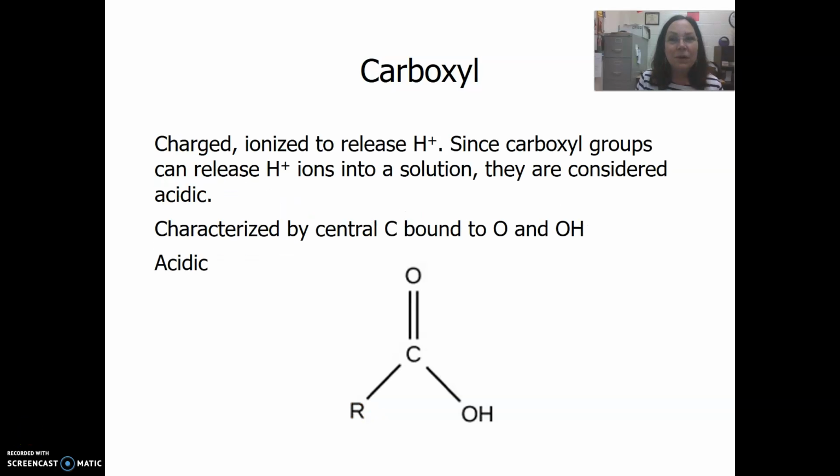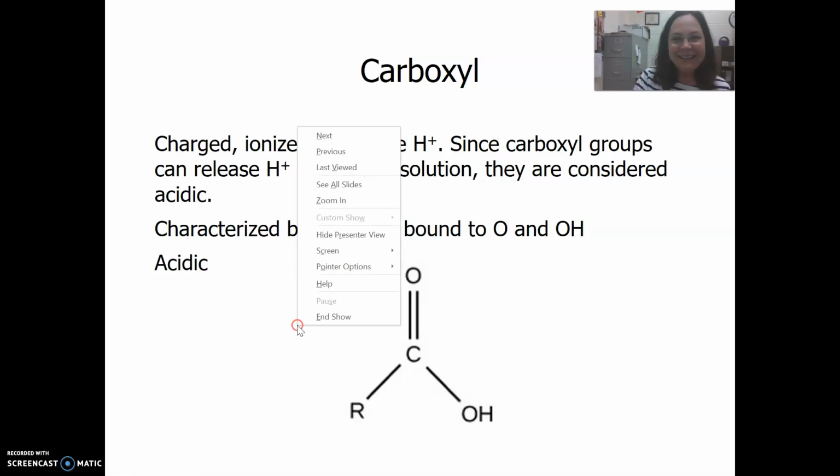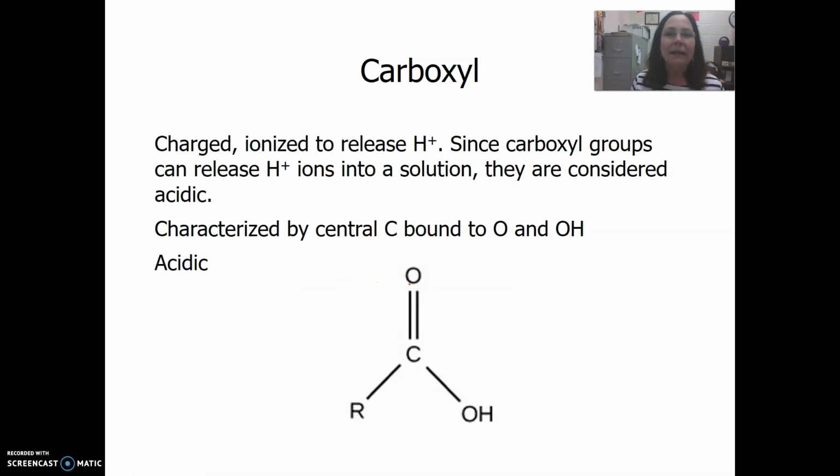This is part 4 of the chapter 2 lecture notes, and honestly, I'm going to try to go through a little bit faster than I have been because we have 47 slides. So I was trying to go slow and explain everything, but with the functional groups, it's just a matter of